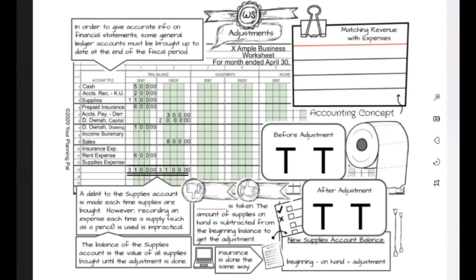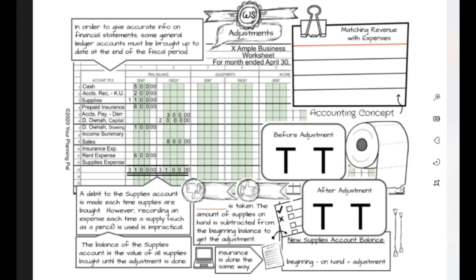Now we're moving on to the adjustment section. So in order to give accurate info on financial statements, some general ledger accounts must be brought up to date at the end of the fiscal period. So down at the bottom on the left, it says a debit to the supplies account is made each time supplies are bought. However, recording an expense each time a pencil is used is impractical. So the balance of the supplies account is the value of all the supplies bought until the adjustment is made